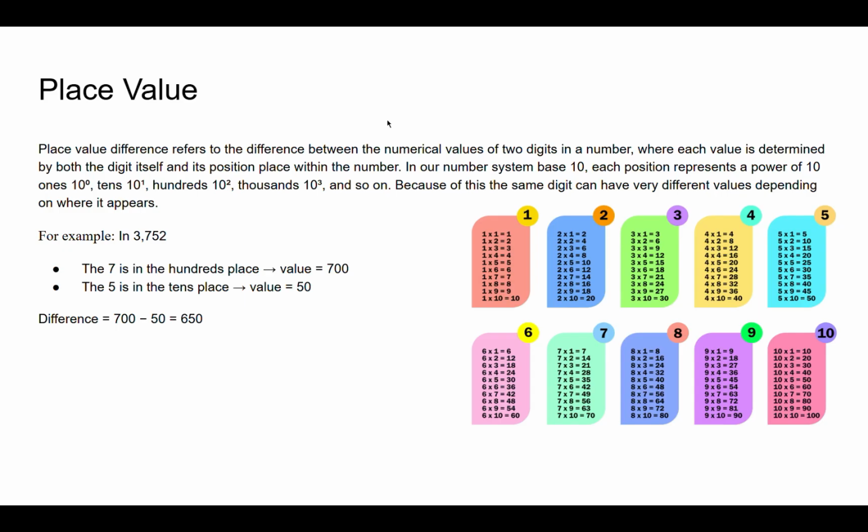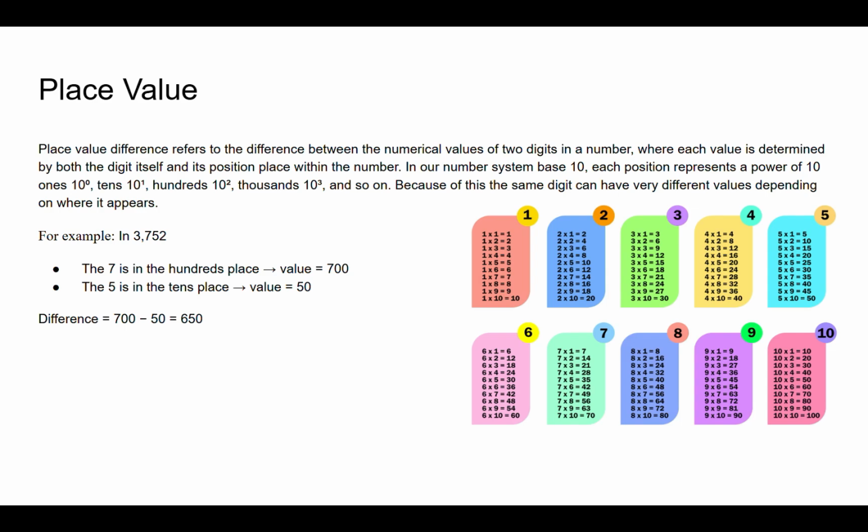Place value refers to the difference between where this value is determined by both the digit itself and its position placed within the number. In our system, base 10, each position represents a power of 10: ones, tens. In this, 10 is 100. So because of the same digit, you can